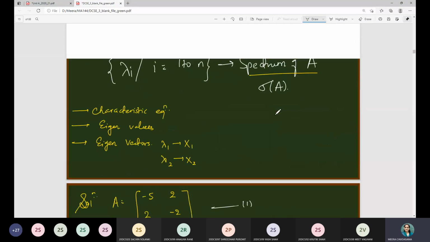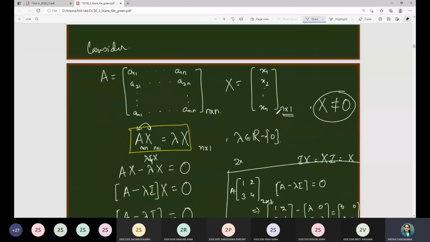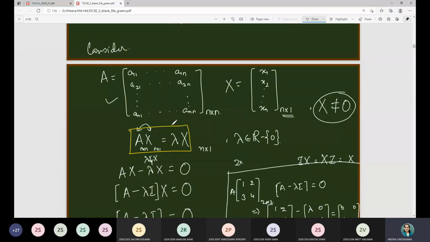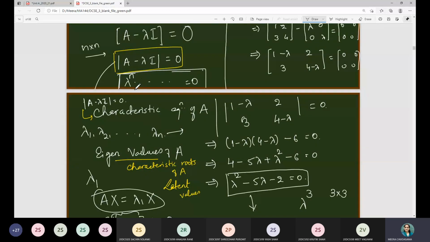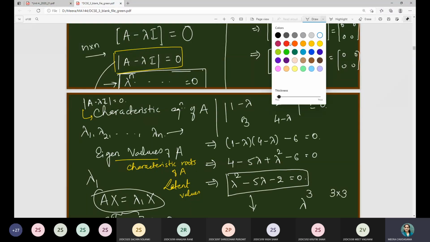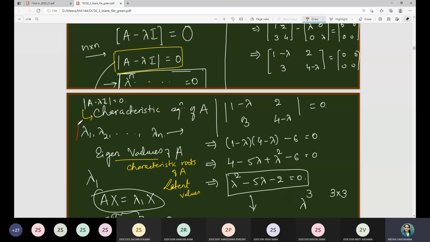Means here, when we took an n cross n matrix, this one initially, at that time once you solve this n degree polynomial, I am talking about this one, then you will have, let me choose this color, n many roots of that equation, lambda 1, lambda 2 up to lambda n, and if you consider the set of all eigenvalues, then it is called the spectrum of A, that is sigma A.